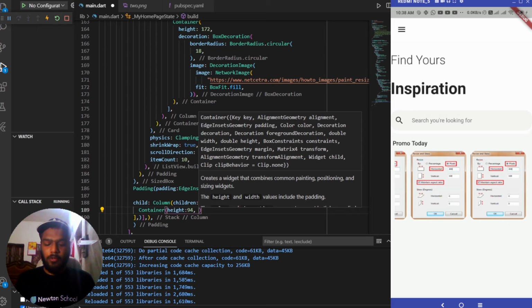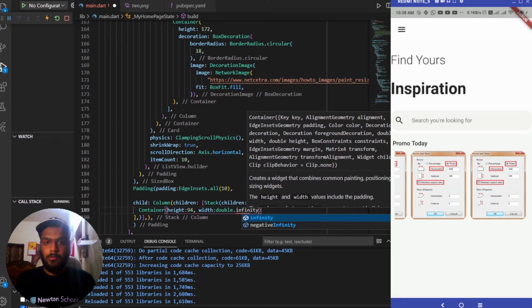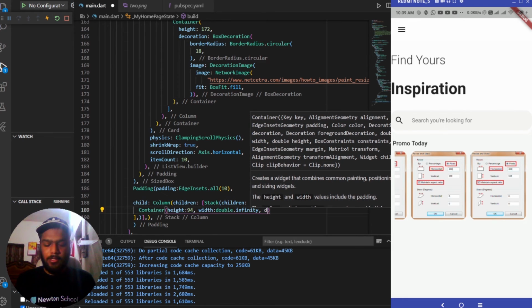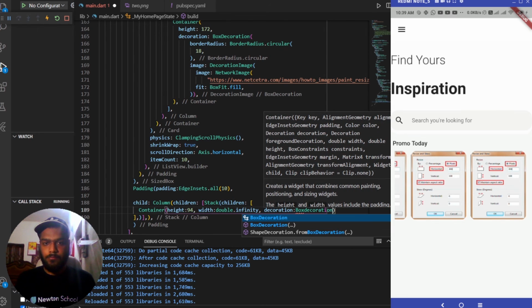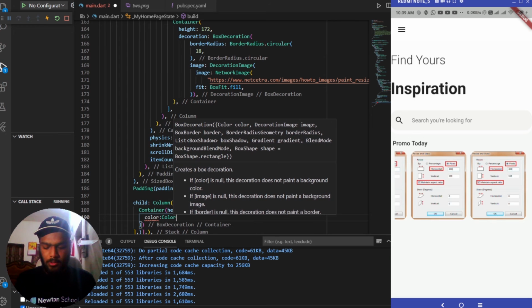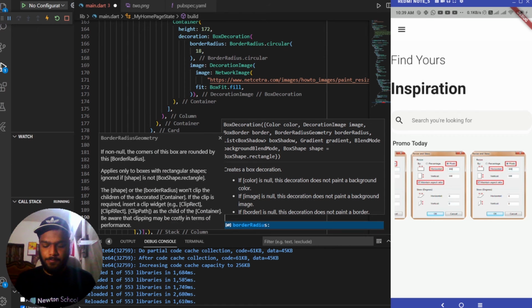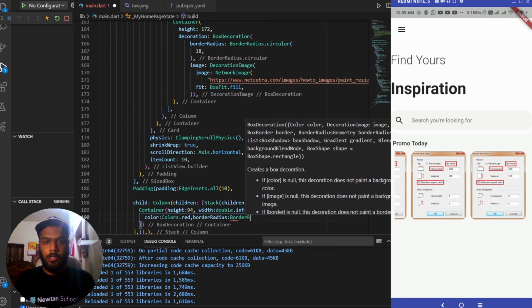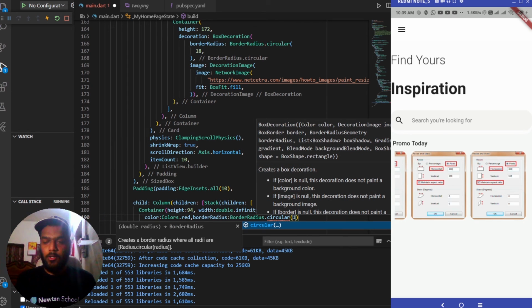It will be having a width of double.infinity. And after this, adding some decoration to this as well. And this decoration will be taking the color as red, border radius as BorderRadius.circular. So Colors.red, border radius equals to BorderRadius.circular with the value of 18,